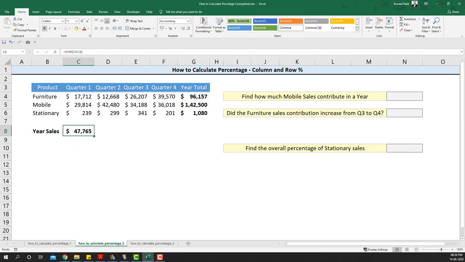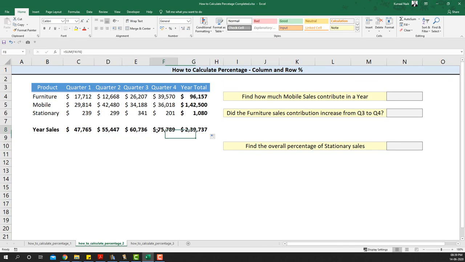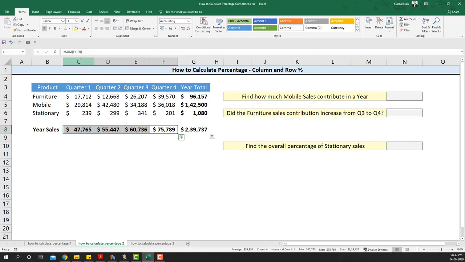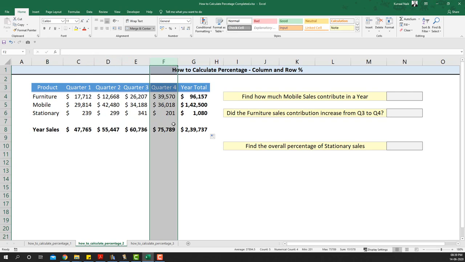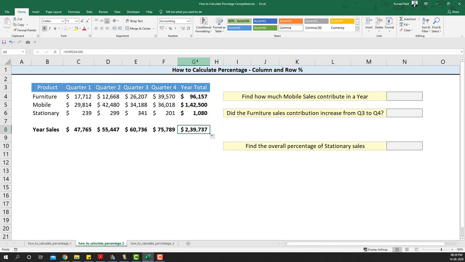If I extend it towards the end, I'll get the 4 quarter sales individually, column-wise. And if I simply sum up the last column, this gives me the entire sales of all the products of all the quarters in a particular year. So we got this particular sales.